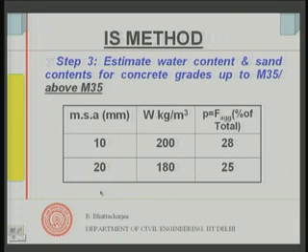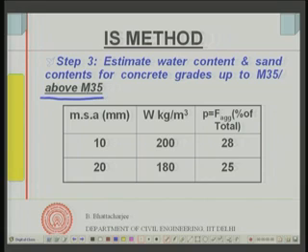And you see that an MSA of more than 20 millimeter does not exist, because when you have a higher grade of concrete, or the strength of the concrete required is more, you will have a smaller MSA. You can't have 40 mm MSA with grades above 35, and therefore, only up to 20 mm, and the basic starting water contents are given, and this is meant for a water cement ratio of 0.35 and zone 2 sand, etc., etc.